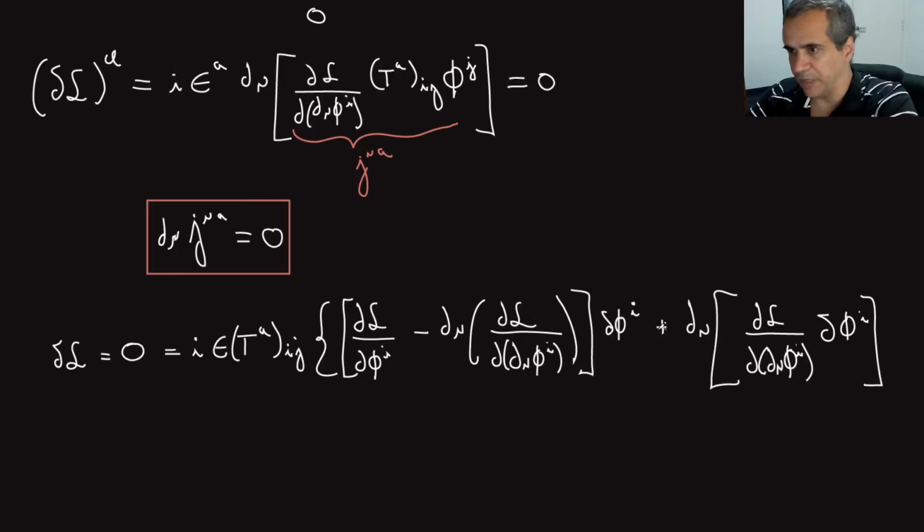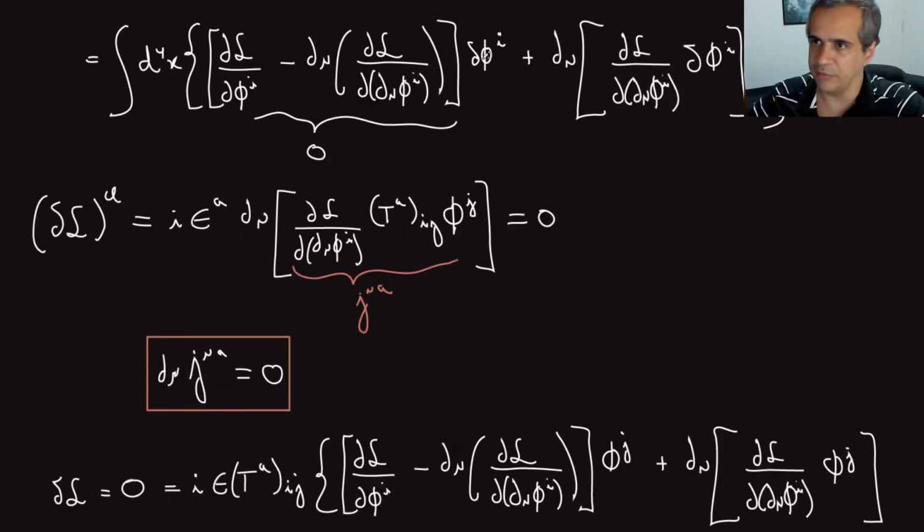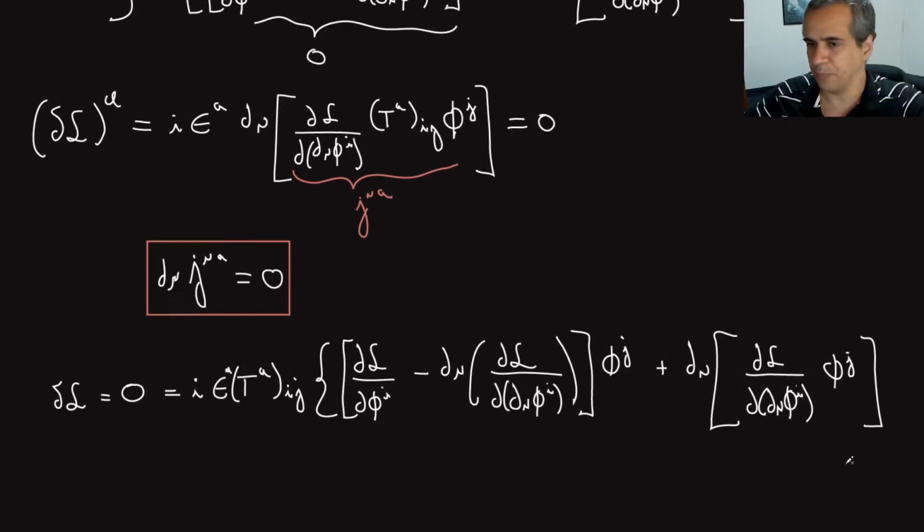I just have to replace this by a phi j, right? Because already I'm exchanging delta. In here I had delta phi I, but most of delta phi I is out here already, right? This is an epsilon a, by the way. So I epsilon a t a I j, right? And here I have phi j. And if this is a symmetry of my Lagrangian,